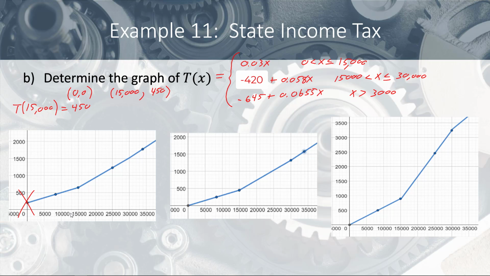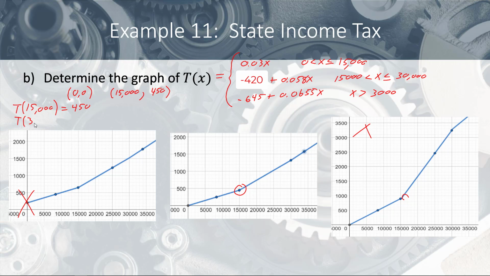So let's come over here to 15,000. And notice here we have 1, 2, 3, 4, 5 divisions between 0 and 500. So basically each one of these divisions is 100. So once again, 15,000. Well, this one can't be it, so let's not even look at that one. 15,000, 100, 200, 300, 400. That's right in the middle. That looks about right. Over here we're at $800, so that can't be right. So this has to be wrong. And let's go ahead and just look at this at 30,000,